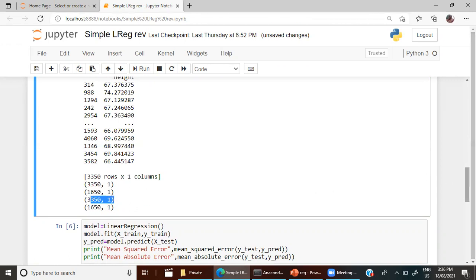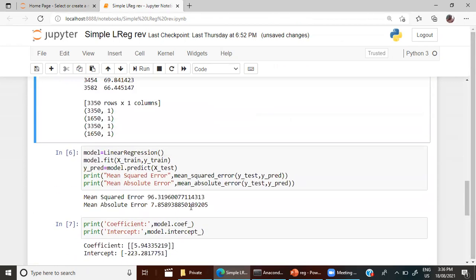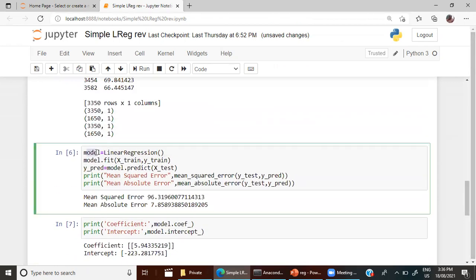The next step is applying the model. So the name of the object that contains the model is model. You can give any name, reg or anything, but let me give model. So model is equal to LinearRegression(). We are calling this function as we have already imported it using sklearn. So L must be in capital, R must be in capital. You have to call this.